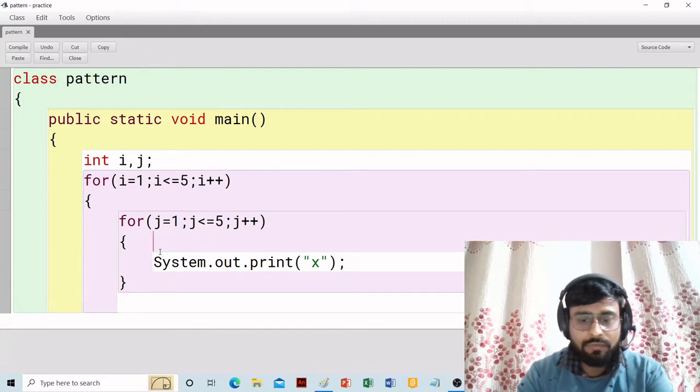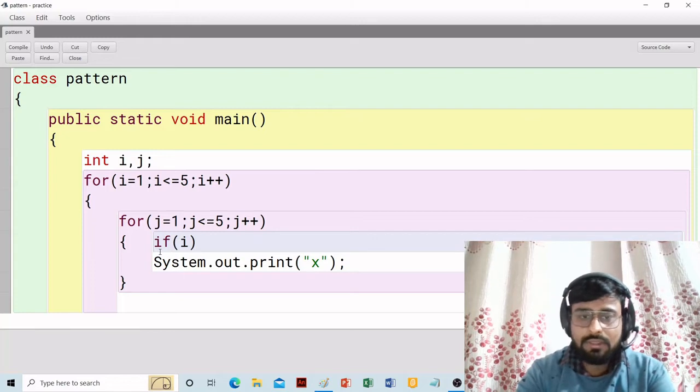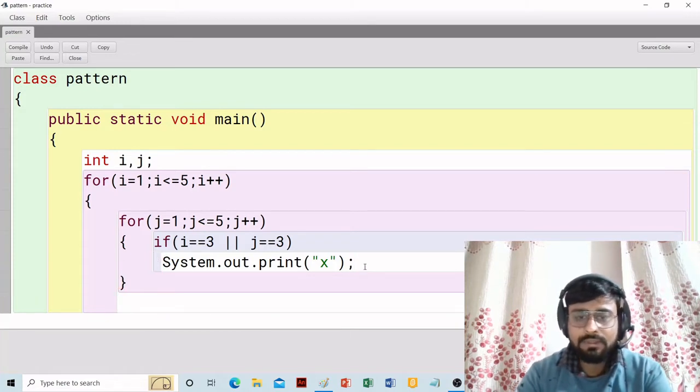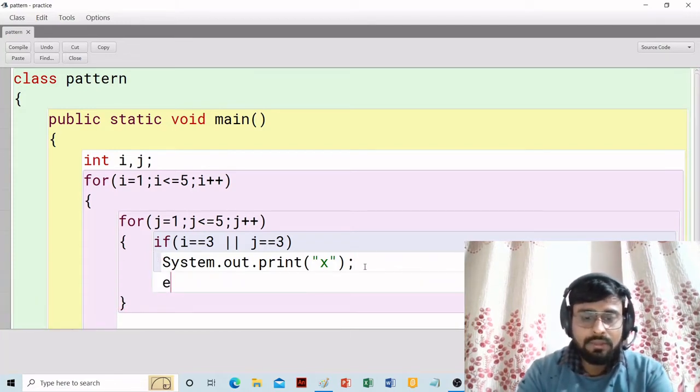What if I is equal to 3 and j is equal to 3? Fine. If this condition is satisfied, then x cross will be printed. Else